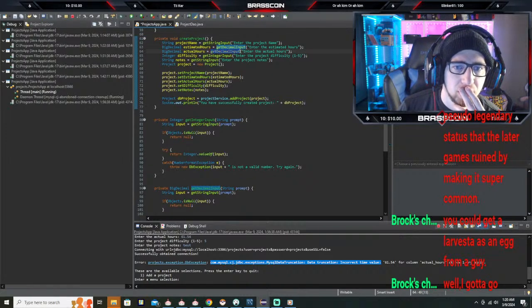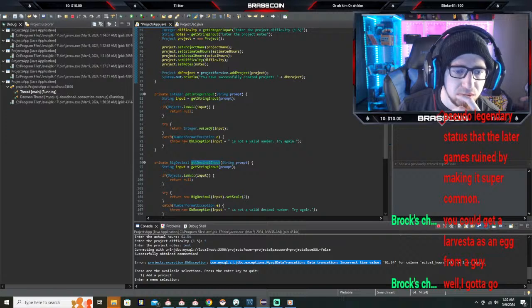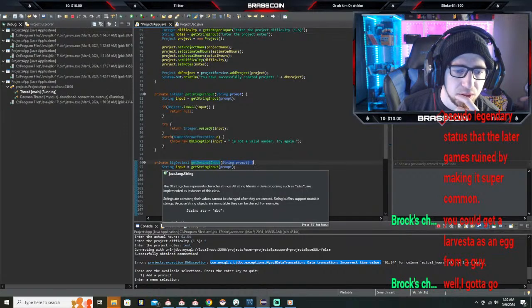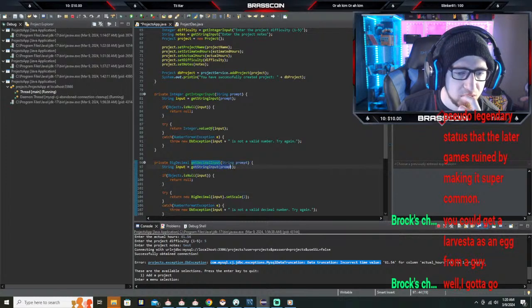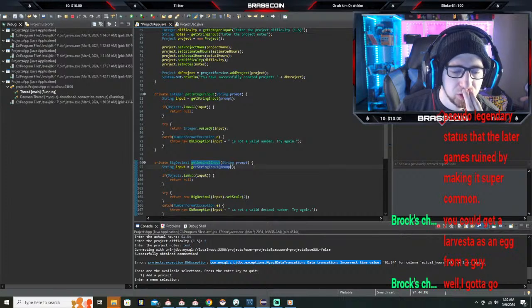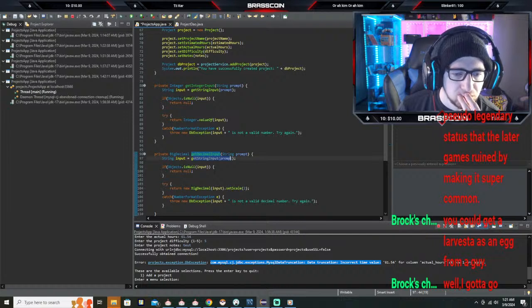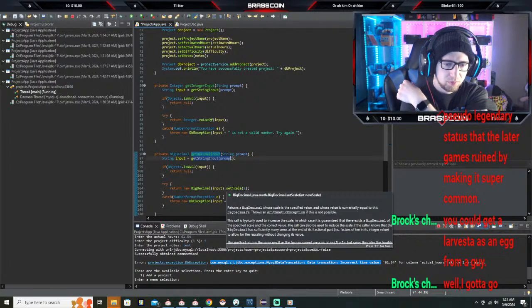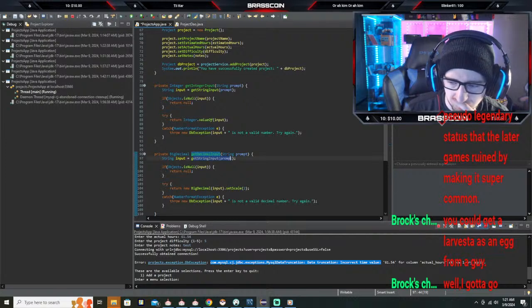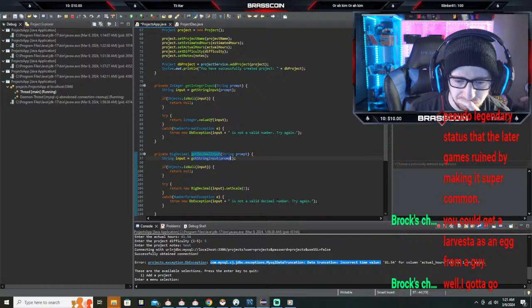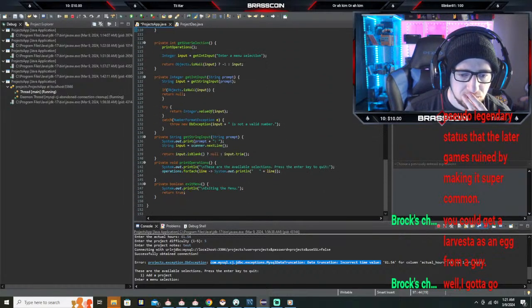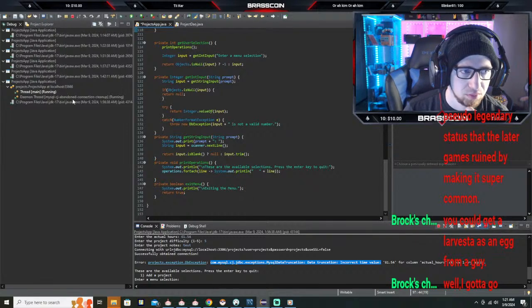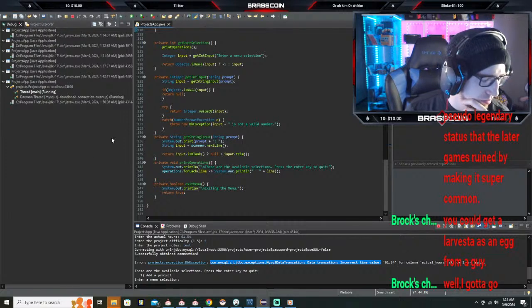Okay, so I am calling get decimal input. I am passing in prompt. Here is the name of the big decimal. Passing in the prompt. String input, get string input prompt. So there's something happening in my string conversion. Well, I'm going to go